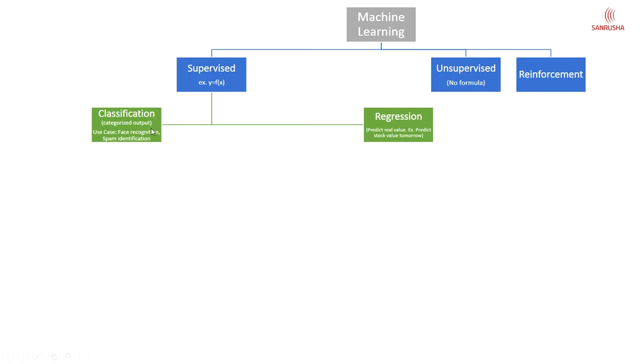Supervised can be further classified into classification techniques and regression techniques. Regression techniques are where you predict the next real value. It can be anything. It can be profit and loss you are predicting, it can be accident rate, you can predict mileage of a car. Anything where you predict a real value, that's where regression comes into the picture.